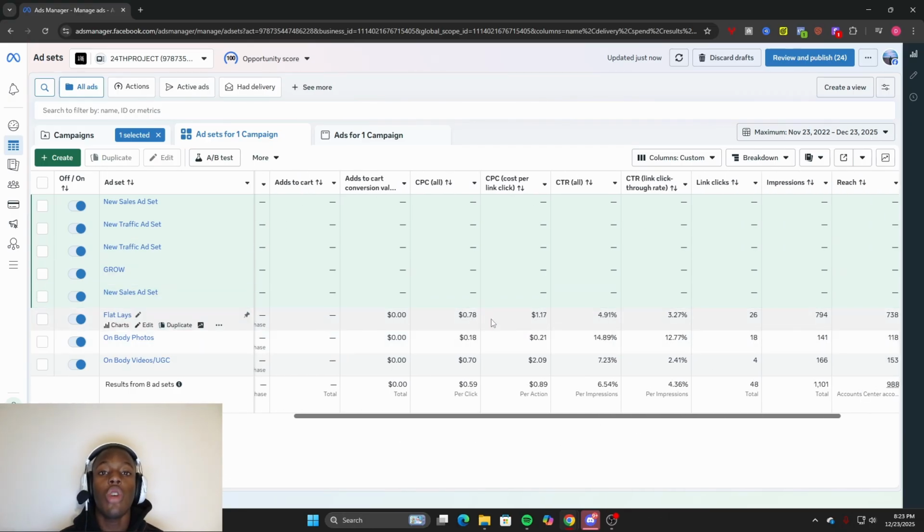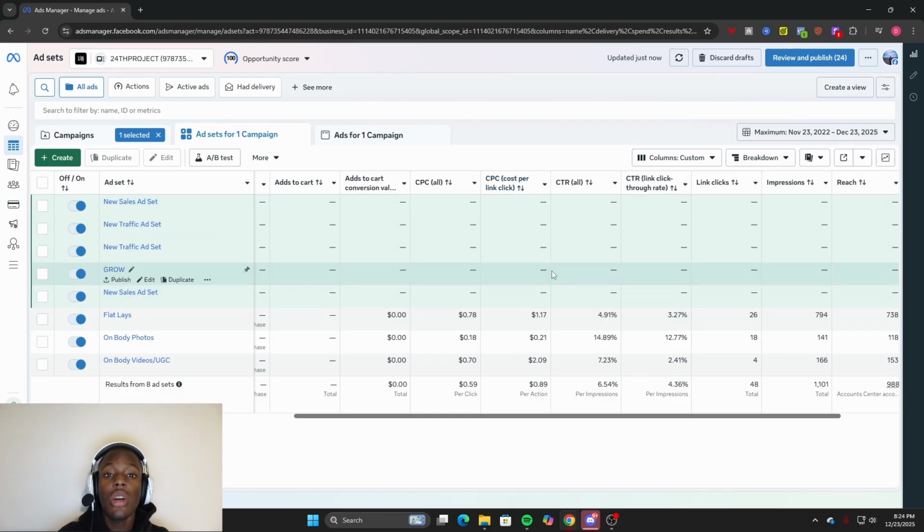telling you how much does it cost to get a click on anything. It doesn't necessarily mean that they're going to your website or anything, but like they could just click on the post, they could click on a heart, they could click on the comment. That's pretty much what cost per click all is, right? Cost per click, cost per link click, right? This is how much it's costing you or costing them. Wait, no. This is how much it costs for someone to click on your ad, to go to your actual